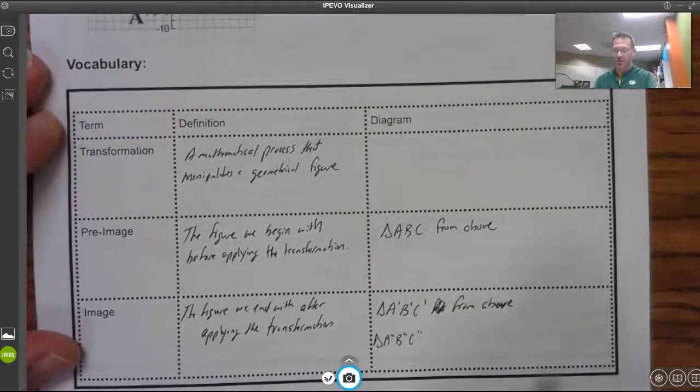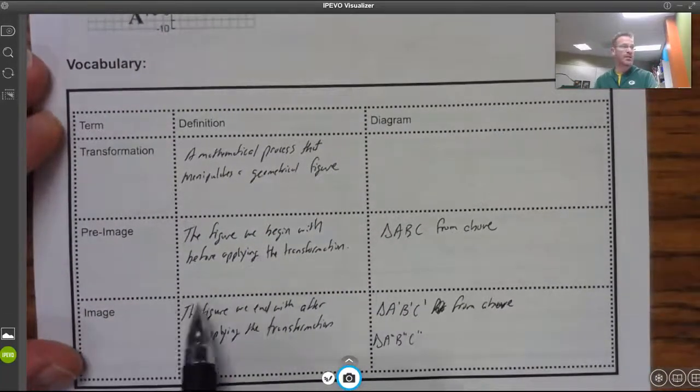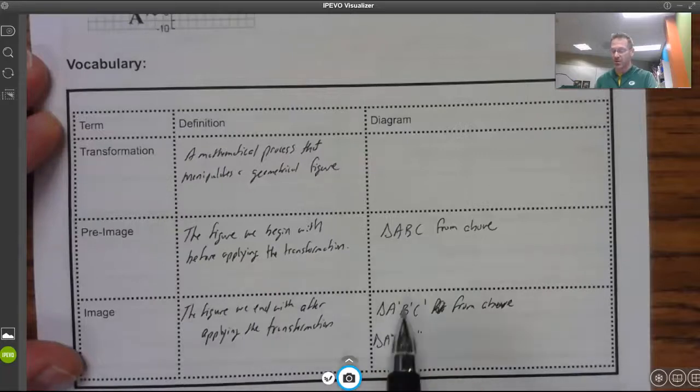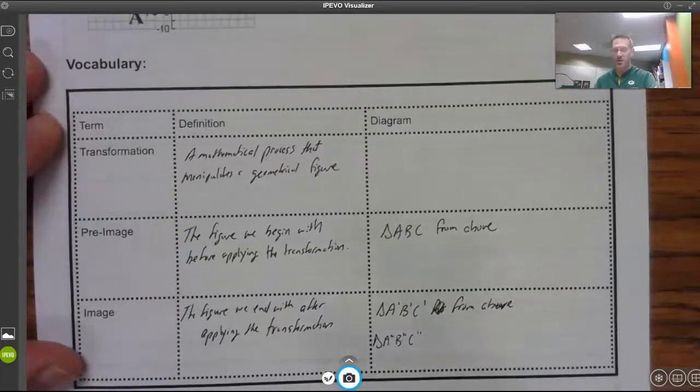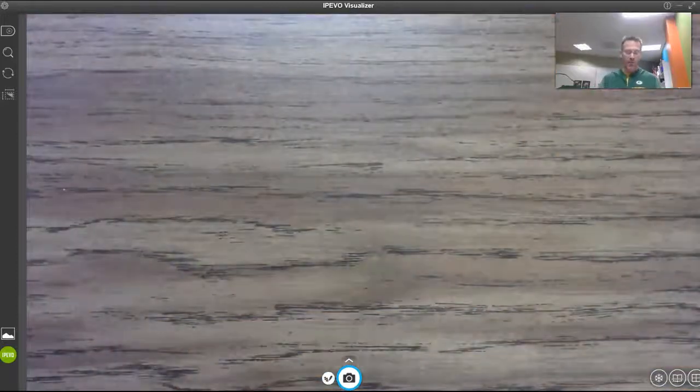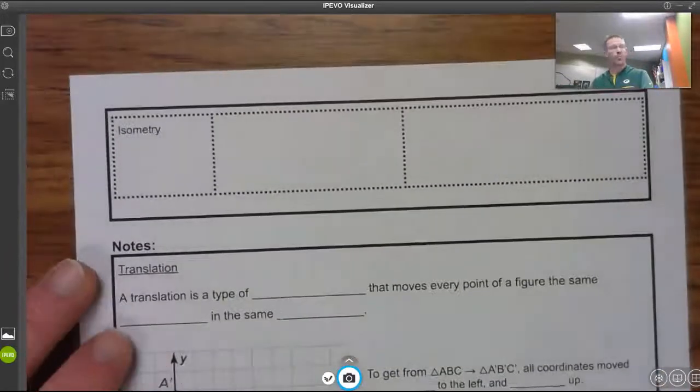All right, so pre-image is what we begin with, the image is what we end with. And then regular letters, and then we just add those primes, okay? Now, what we're going to talk about within that, if we flip the page here, is which